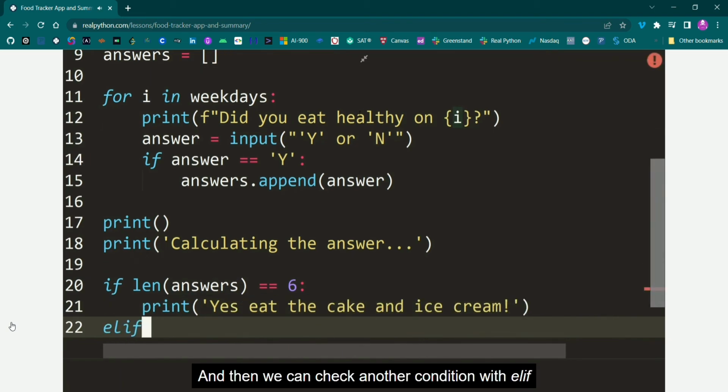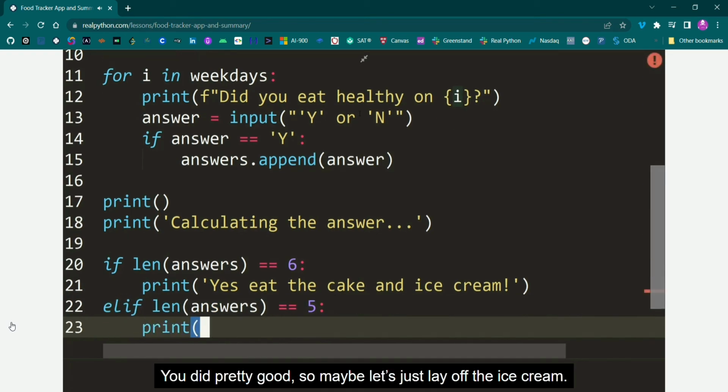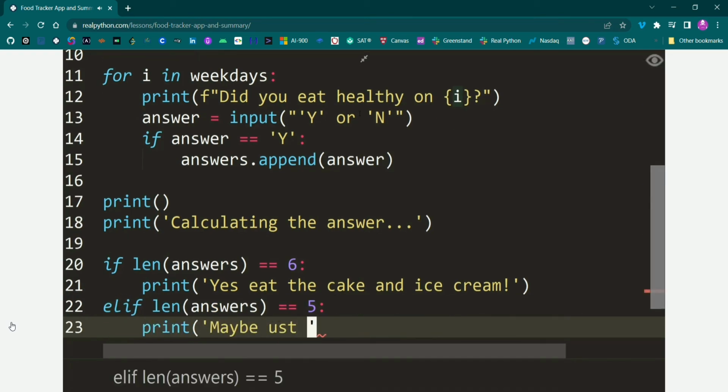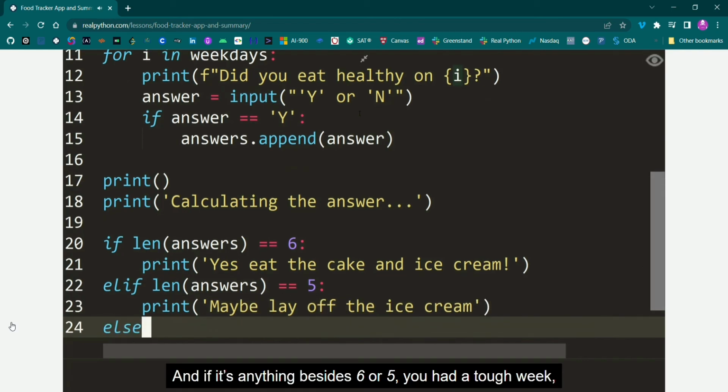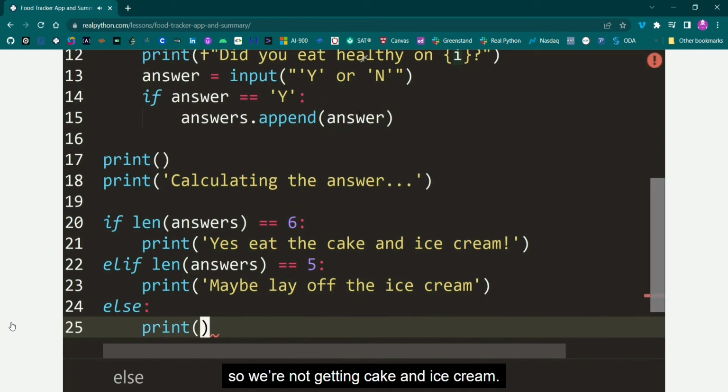And then we can check another condition with elif. The length of answers is 5. You did pretty good. So maybe let's just lay off the ice cream. And if it's anything besides 6 or 5, had a tough week. So we're not getting cake and ice cream.